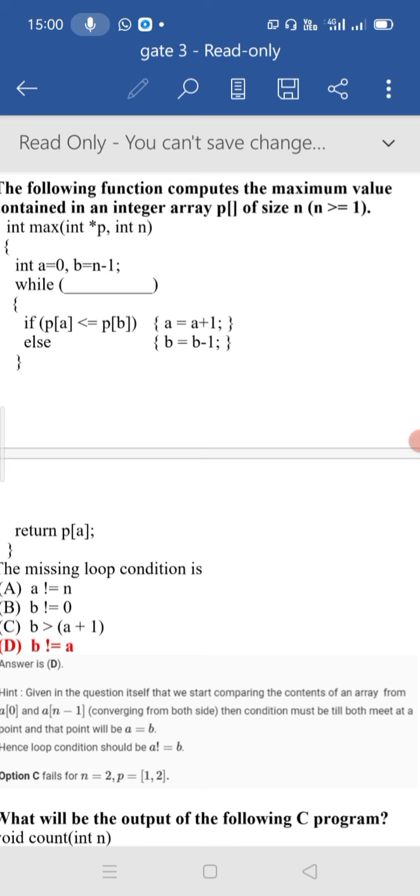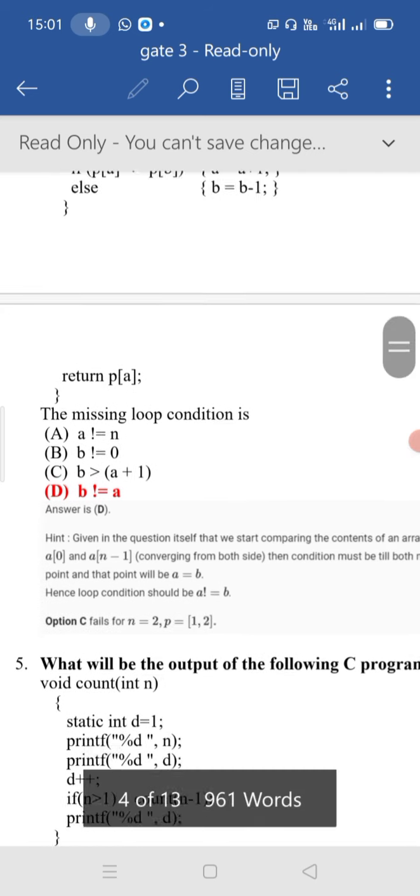Then the condition will be until both meet at the same point, that is a equal to b. So the loop condition should be a is not equal to b. From this result we can compare the options. Option D is the correct answer.